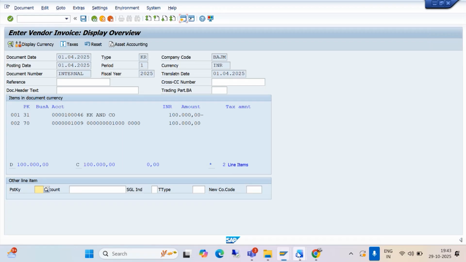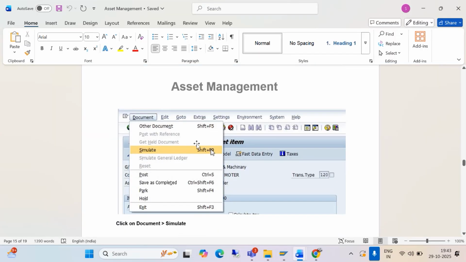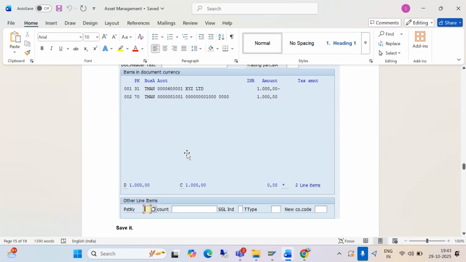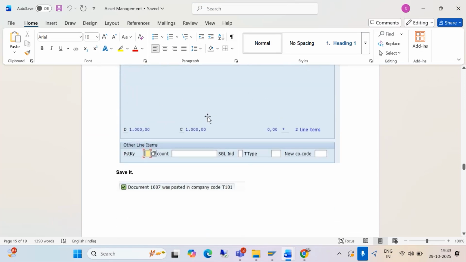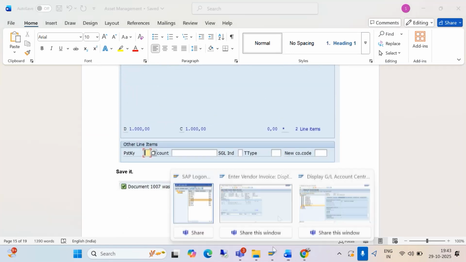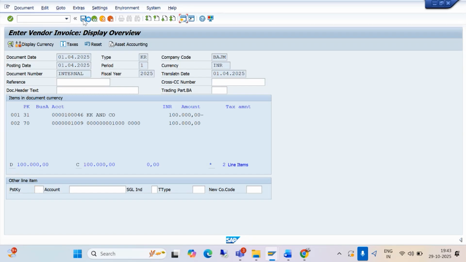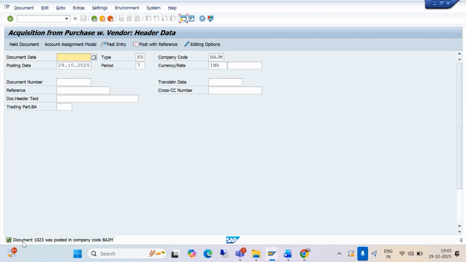So how to post the transaction? We just have to click the post. If you see here, the accounting entry has come. So we have to save it. How to save? Just save it. If you see here, the document 1023 was